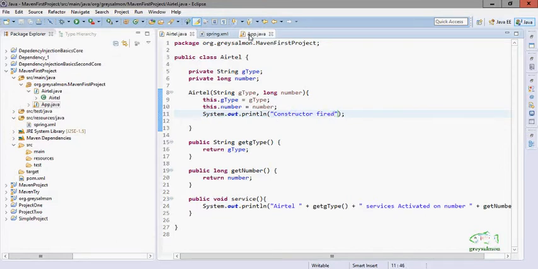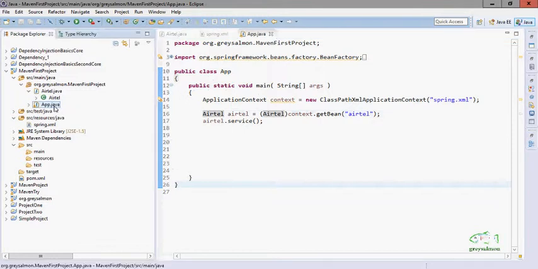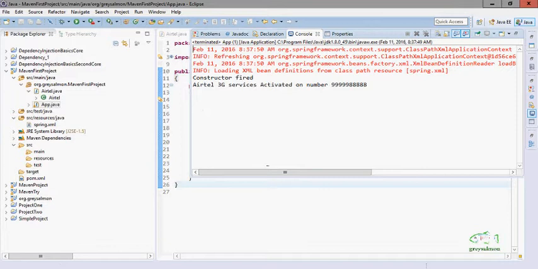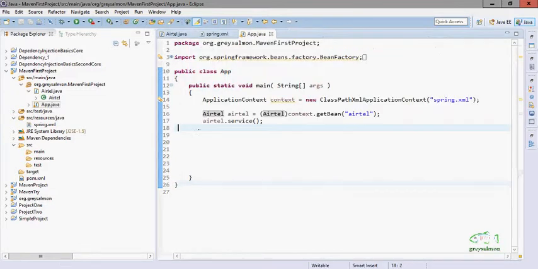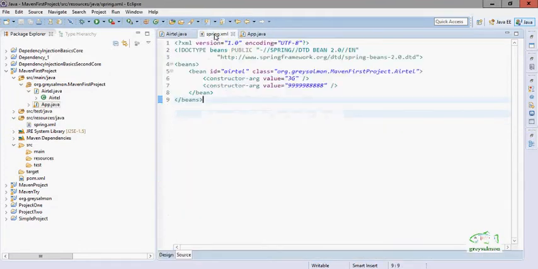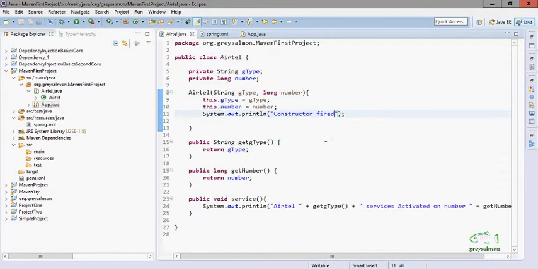Constructor fired. Now when we run this application, we will see the constructor fired message printed first, and the service method will be called after the constructor has been fired. And the important point to be noticed here, we have not created the instance of Airtel with the help of the new keyword. Our container is only creating the instance of the class with the help of this constructor and